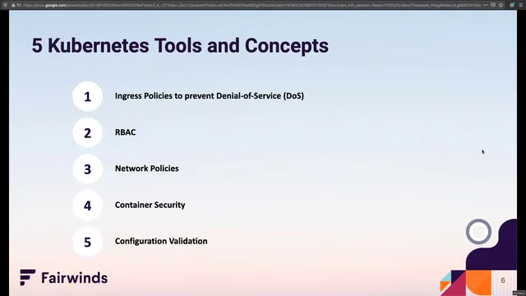We're going to walk through a couple of those examples, followed by network policies and container security and configuration validation. So hopefully this gives you a good preview in terms of what we'll be covering today. And on the next slide, you'll see that